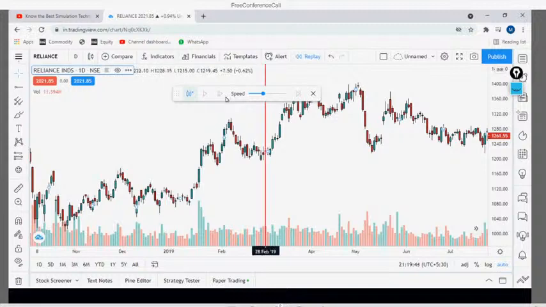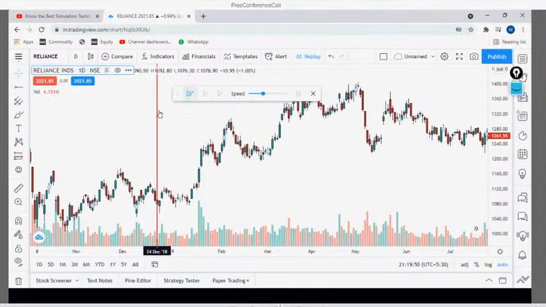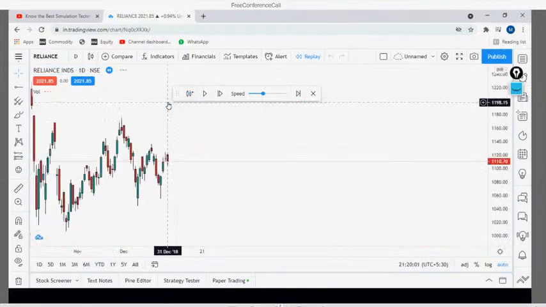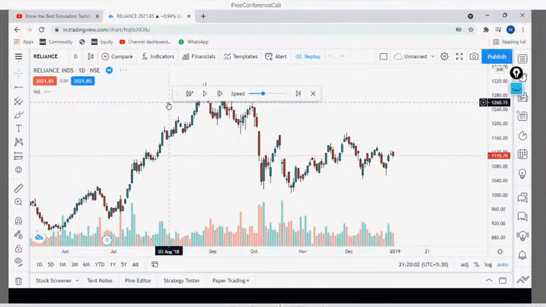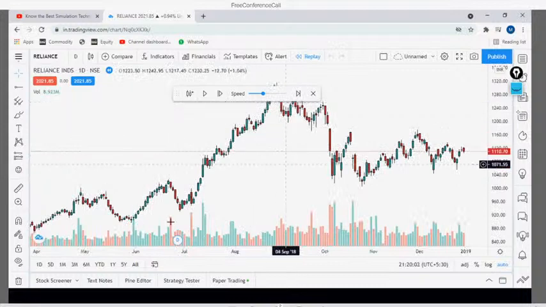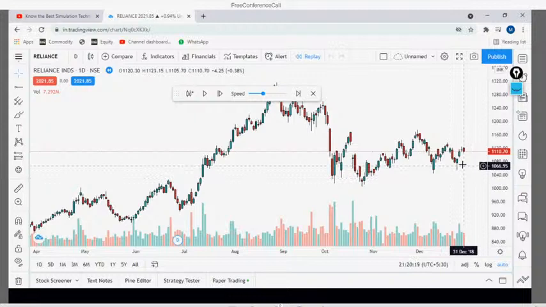Okay, I'll just select this one. Okay, now I selected 1st Jan. Once I select, see here what happened. Now I am able to see the chart data till, what is the last date? You can see there, 31st December 2018, because I selected my vertical line as Jan 1st 2019.